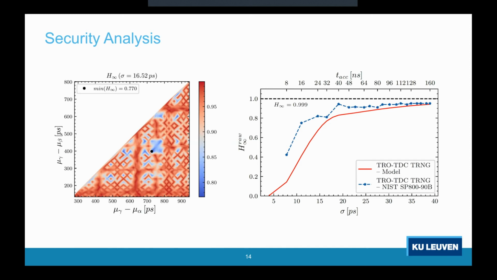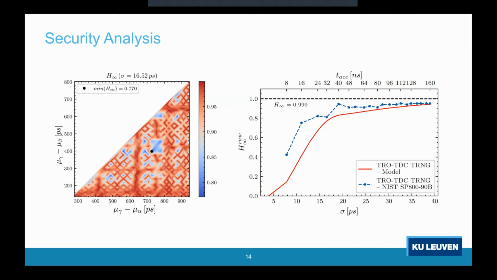Figure on the left shows the mean entropy estimation as a function of the time distances of mu alpha and mu beta to mu gamma for the standard deviation of jitter of 16.52 picoseconds. The global minimum is marked by the black dot. What we can observe is that the TDC's non-uniformity will significantly impact the estimated mean entropy, as we see that our graph, although mainly colored in red, that means it has high entropy, there are a lot of wells of blue color, basically, which mean that we have significant drops due to non-linearities in the mean